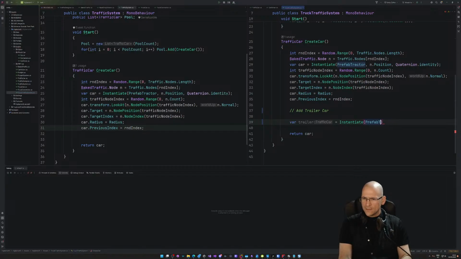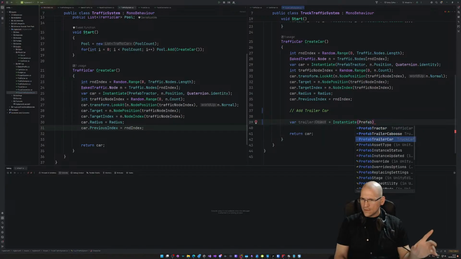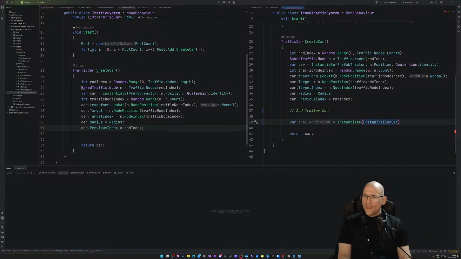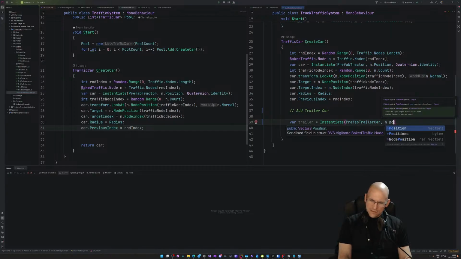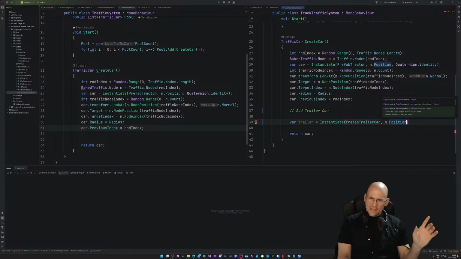No, prefab trailer car, comma, n dot position. So we're taking the original position of where we were setting this up,